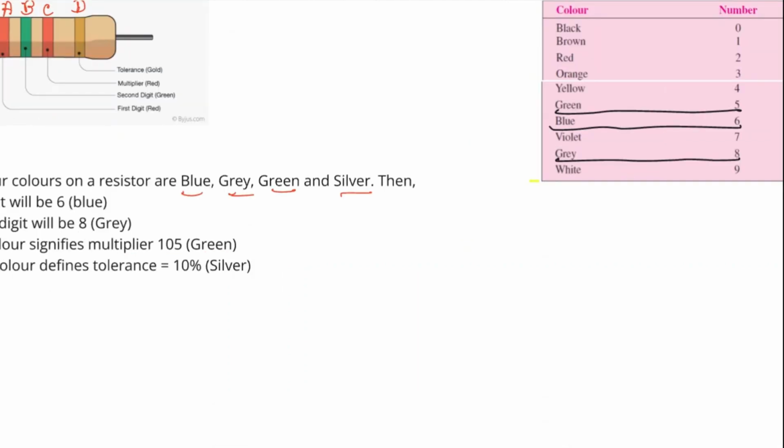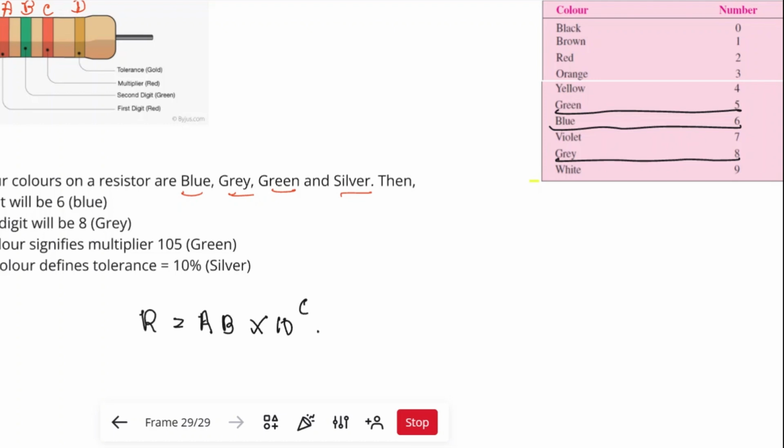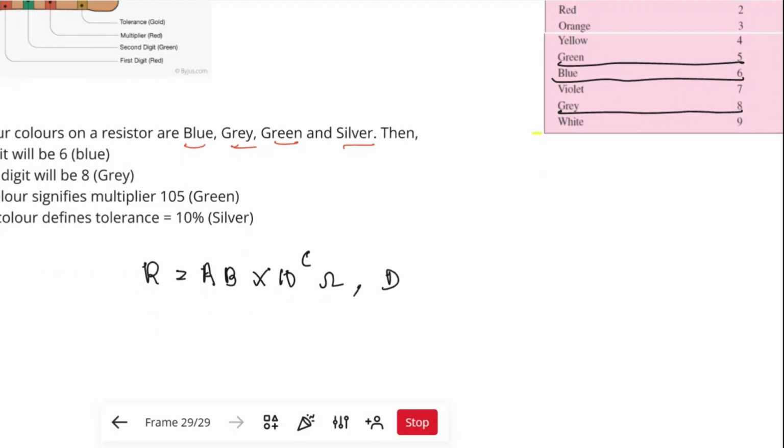We know that R is equal to AB into 10 to the power C ohm, plus or minus D. Now A is 6, B is grey 8, so 68, into 10 to the power C, green 5, plus or minus D is 10%,